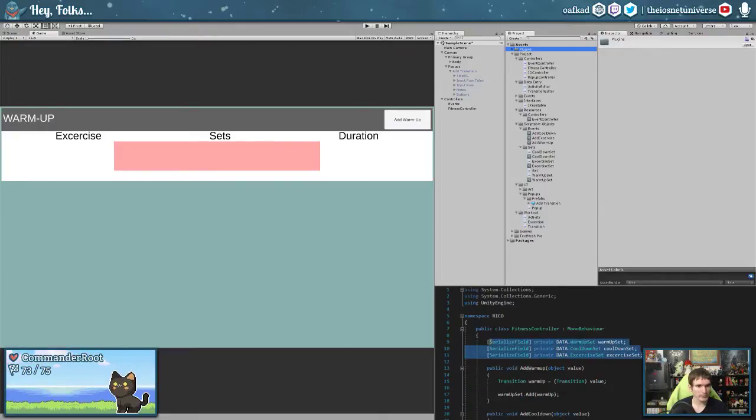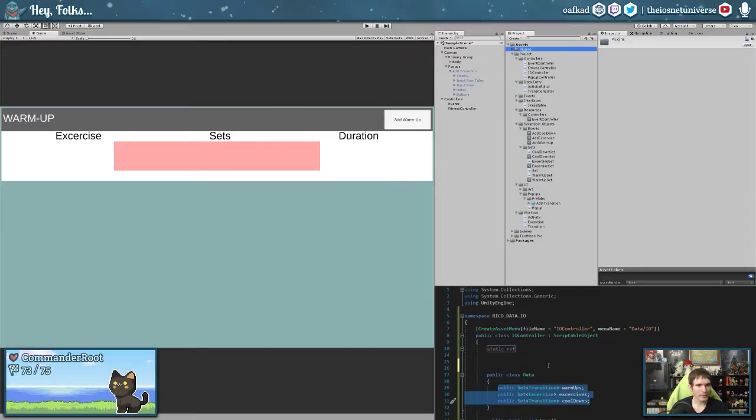So we're going to grab this real quick. We're going to go over to the IO controller. We're going to plop these in here. Get rid of that data namespace because it's already included in the project. Delete this for now because we actually don't need it. Hit save. Come over to our check. See how this is looking fine.